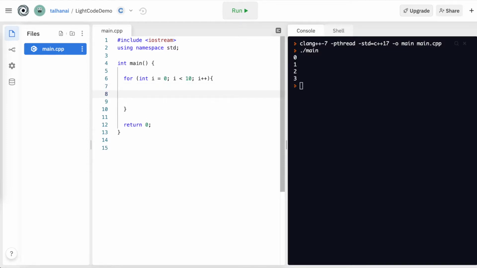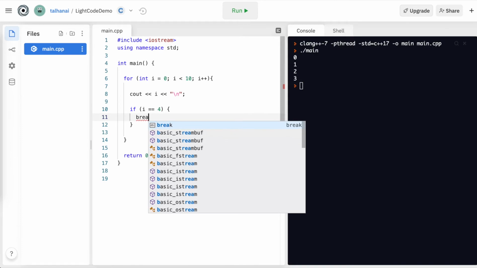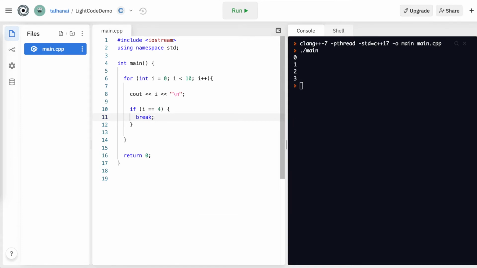And what I want to do is print i, so we can see that it's going through each value of i, and I want to break out of this loop if i equals 4. So I'm going to define a condition, an if statement, that's going to be checked on each loop, and if the condition is true, I'm going to break out of it by declaring the expression break. And so if I run that,